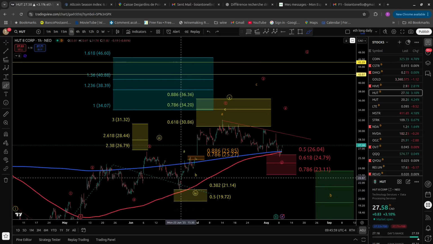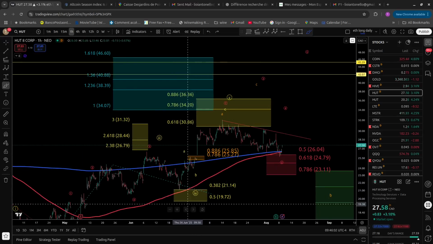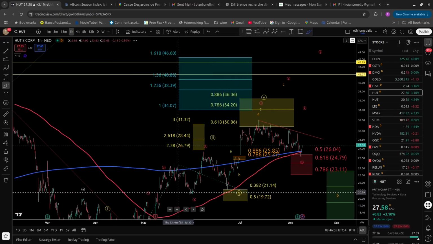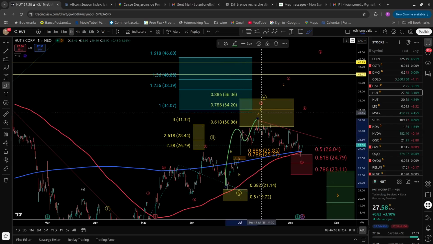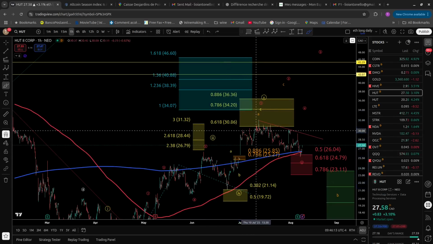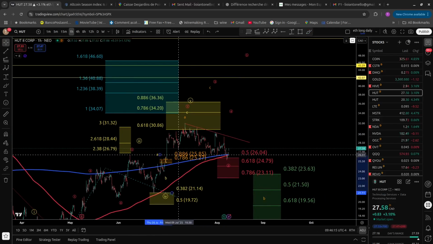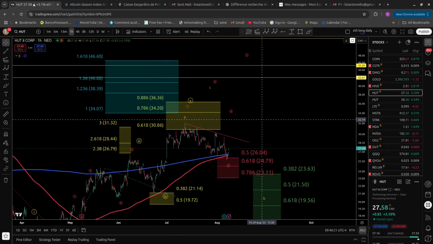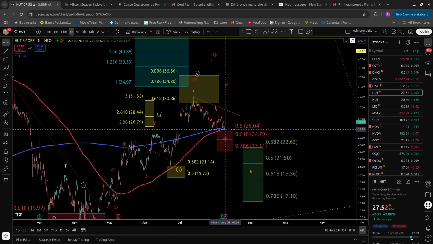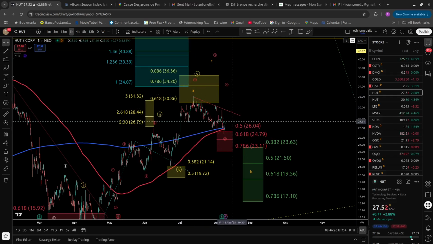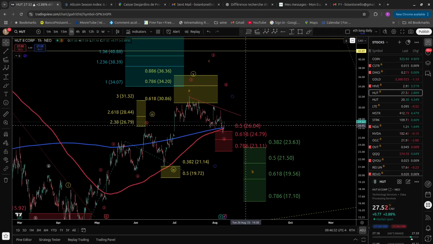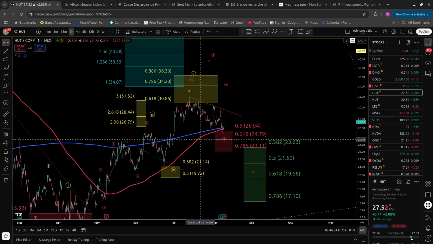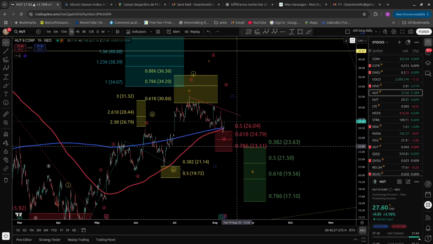Because there is a case to say that maybe this is a 1, 2, a 3, and a 4, and a 5, but there is also, unfortunately, I would say more that this was an A, B, and a C, but I don't really like the ratio of the wave A and C, but that's another thing. Let me remove that also. And yeah, so I'm going to watch now if we can break that. And if this is second wave, honestly, I don't want to add too many things now, because otherwise the chart is going to be crazy.